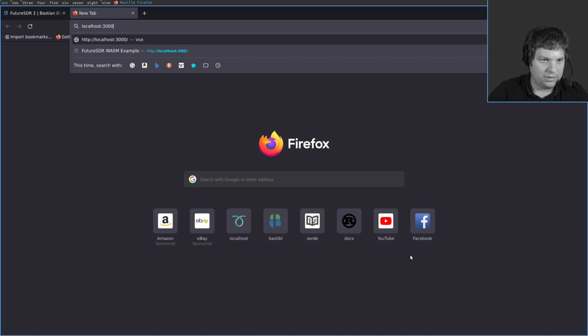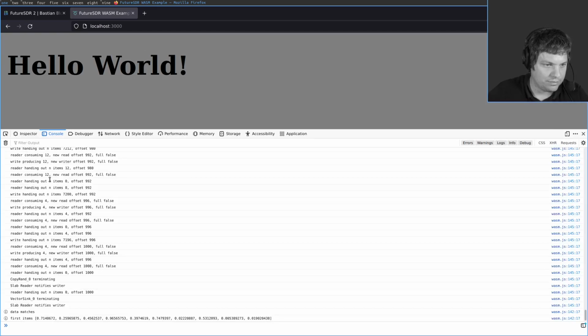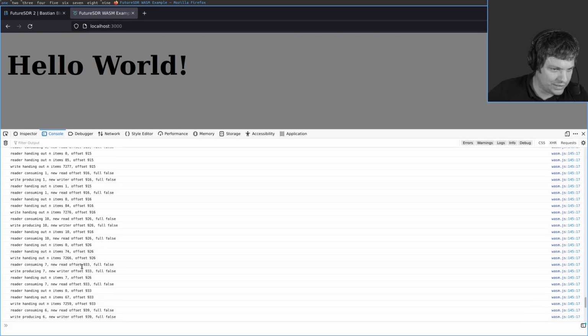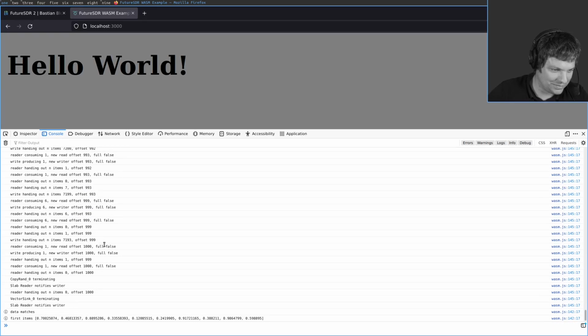Most should be okay. Now we have a website that's pretty boring. The more interesting stuff happens in the console. We can see that we can also just reload. Then we see that FutureSDR is doing stuff here, very verbose, because I was still about to debug the buffer, but now it seems to work.